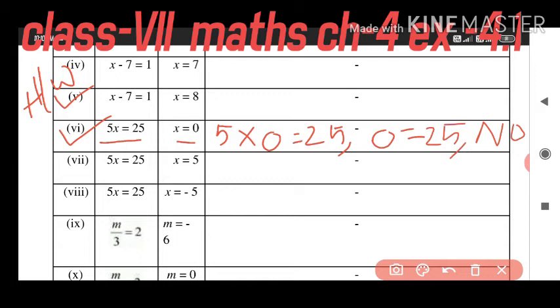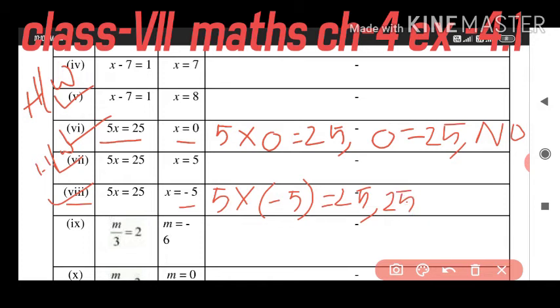So in this way, here it is given 5x is equal to 25. Question number 7 will be your homework. Question number 8, let me show you this one. 5x, 5 and x means what? 5 multiplied with x. And what is the value of x here? The value of x is minus 5. That means you will write minus 5, isn't it? Is equal to how much? 25. Now 5 into 5 is how much? 5 into 5 is 25, isn't it?